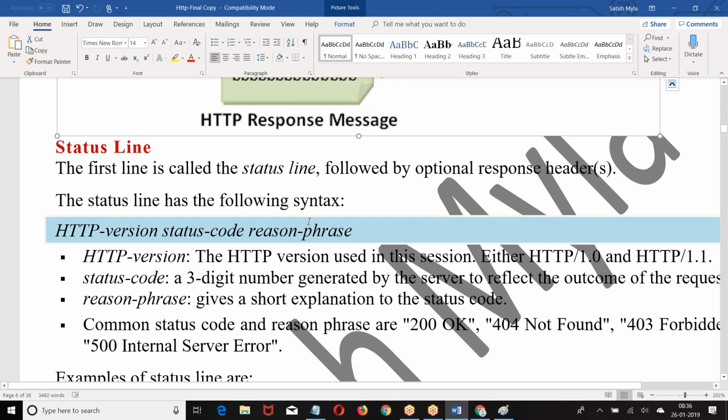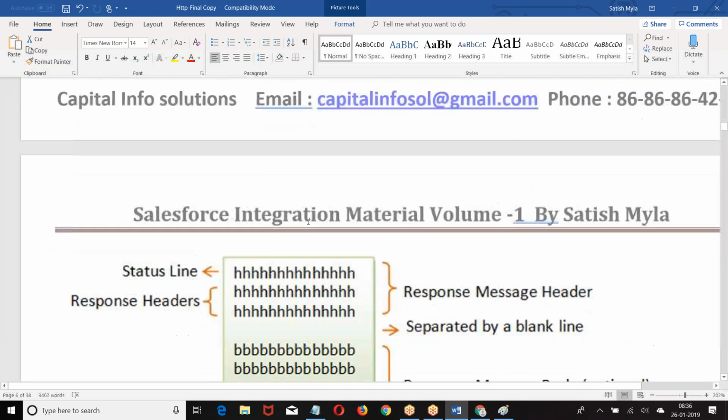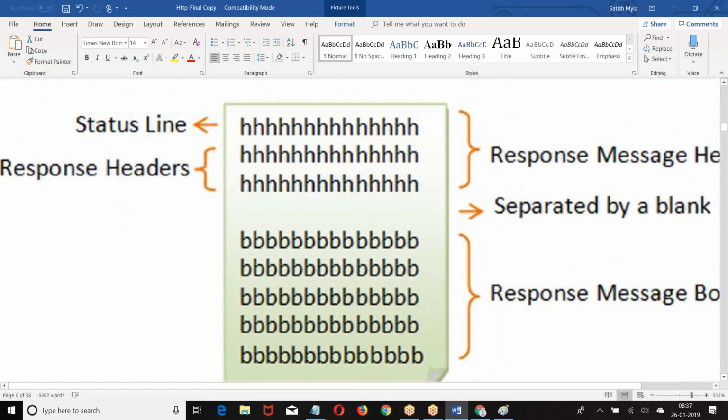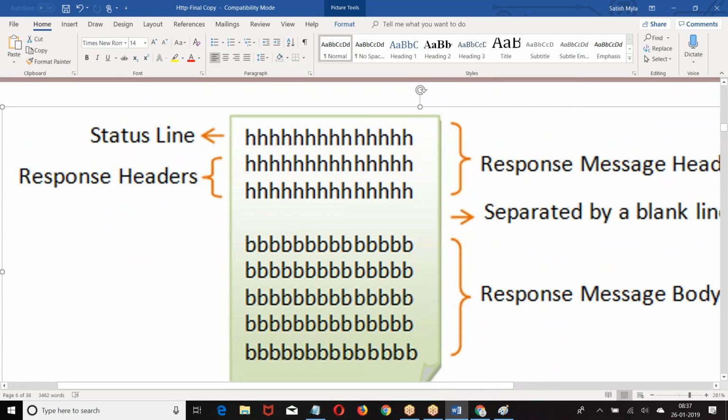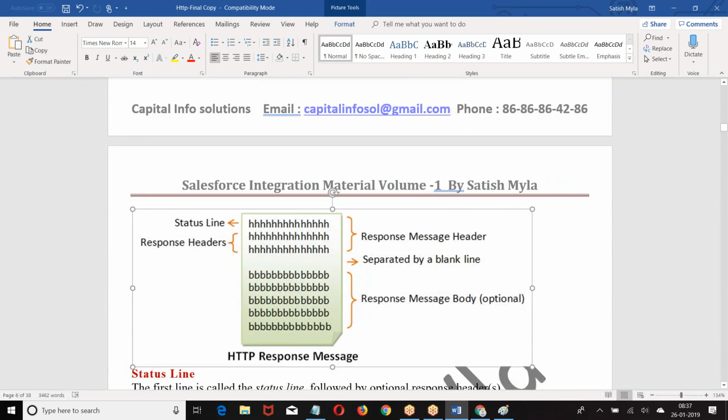Generally we get 404, 500, 200, these types of codes. In the header, the first line is called the status line and the remaining part is the header, blank line, body.